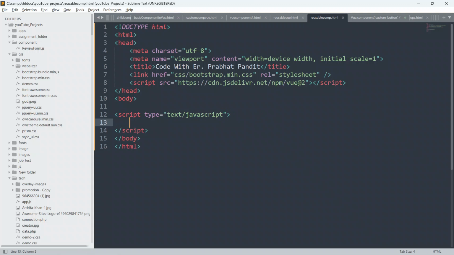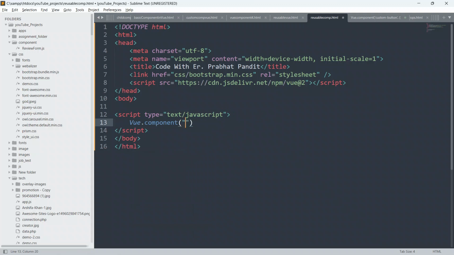So guys, as you all know, in order to create a component we have to use the function Vue.component. Here also I'm gonna use the function Vue.component to create a global custom component. Okay, and it is a function.